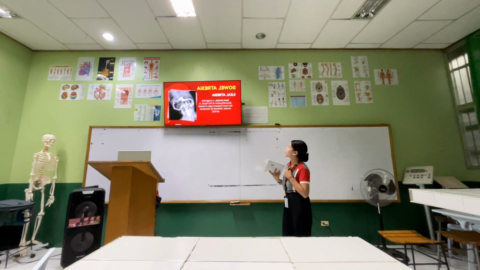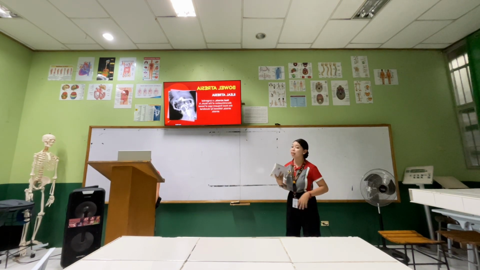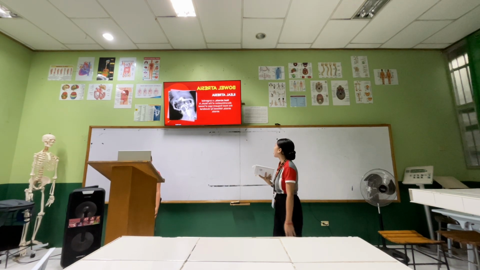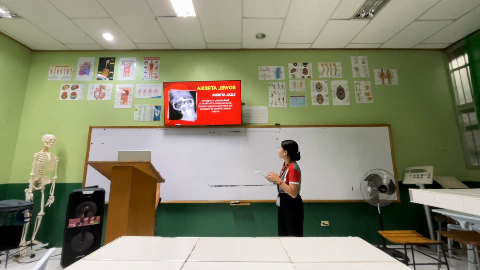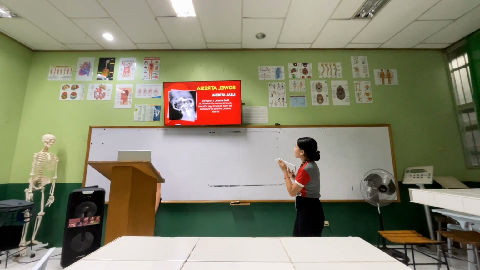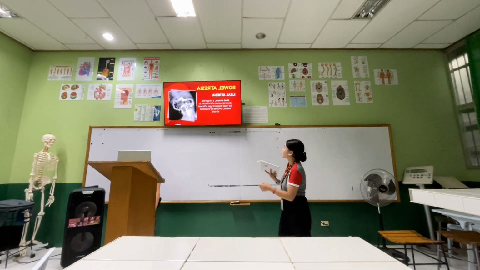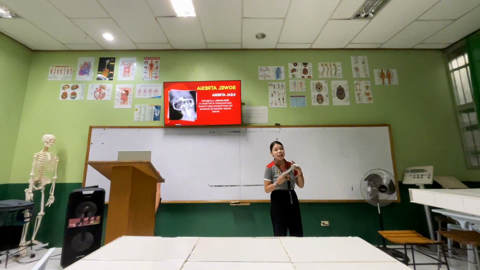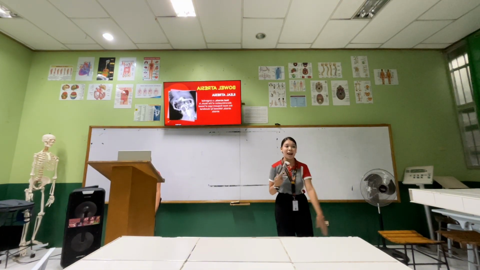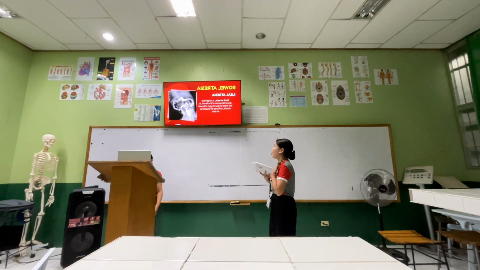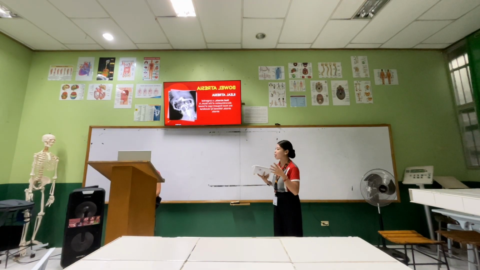The first type of bowel atresia is ileal atresia. Ileal atresia, a congenital discontinuation of the ileum, is the most frequent type of bowel atresia, followed by duodenal atresia. May I ask if you understand what ileal atresia is? Okay, so I will explain. Ileal atresia is a blockage in our ileum, in the lower part of the